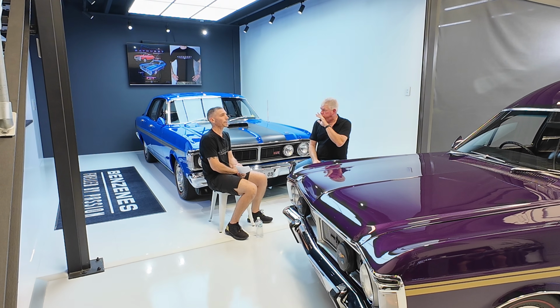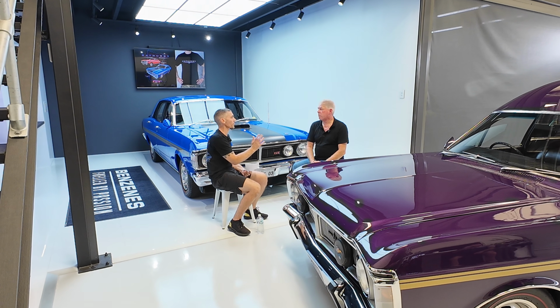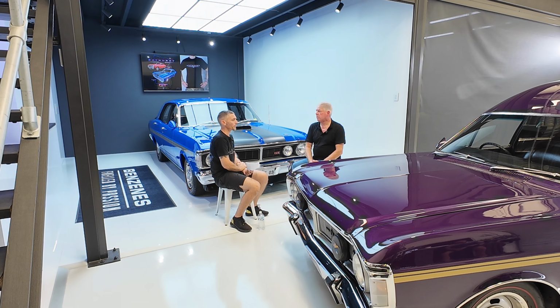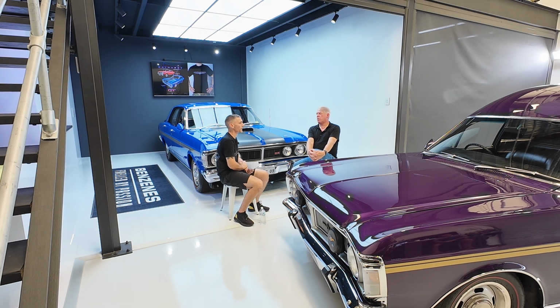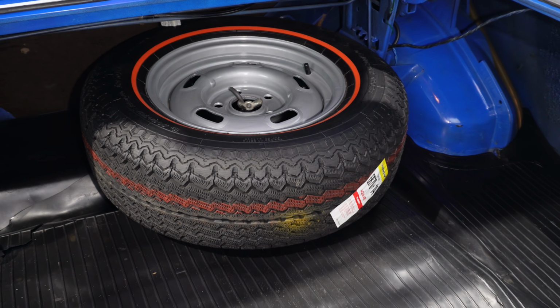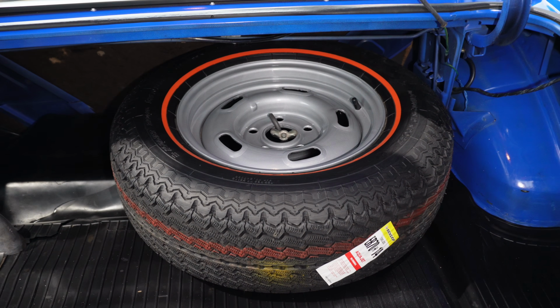For sure. And a lot of people always come back with the black one is a one-of-one as well. But as you discussed before, there are other black GTs. Correct. I think I made seven or eight XY GTs in Onyx Black. And I think that's the fact that no other XY, no other Ford in history has been painted the